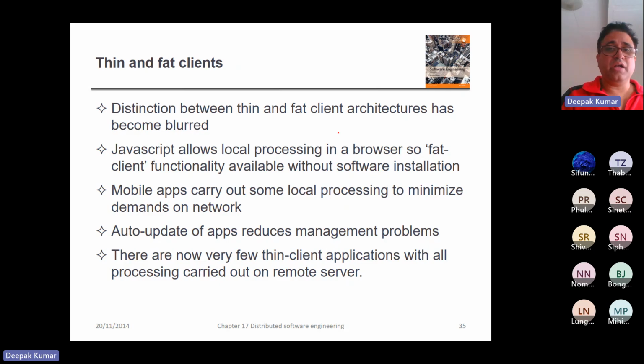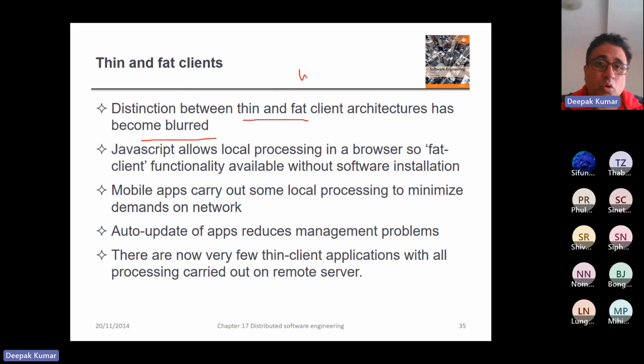Obviously, the distinction between fat and thin client is quite blurred. It is blurred because today some clients are probably not very fat, and these thin clients, if you want to call them that, are actually sitting in your pocket. Your smartphone itself is a thin client, right? Whether you call it a thin client or fat client depends on you, because if you have installed an application on your cell phone, say for example,